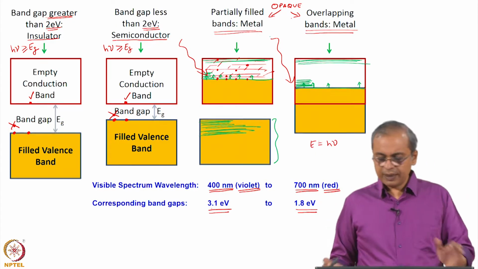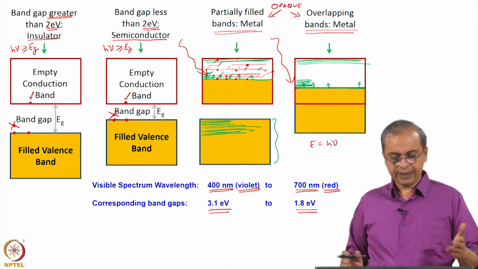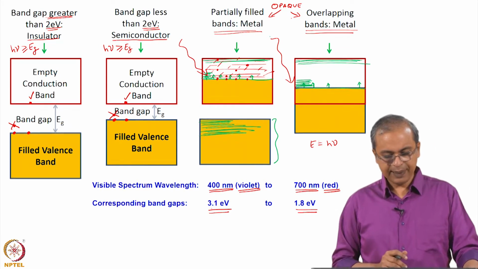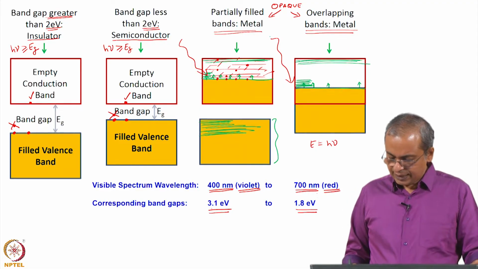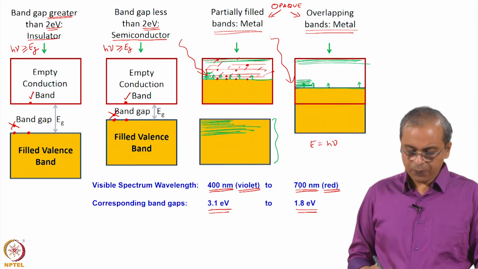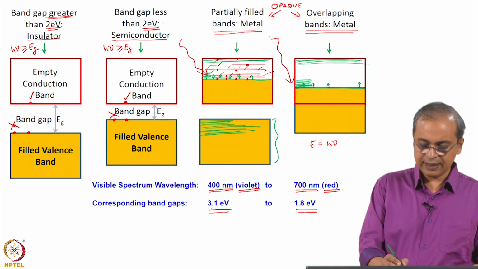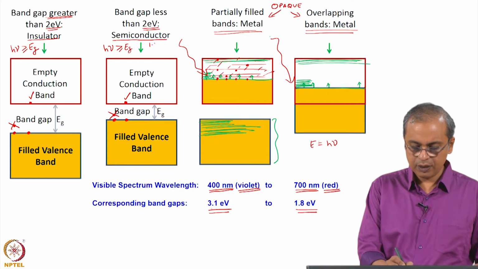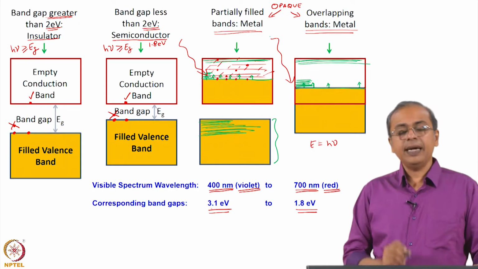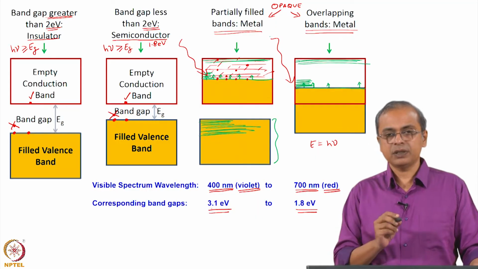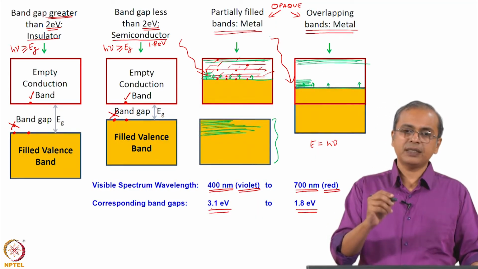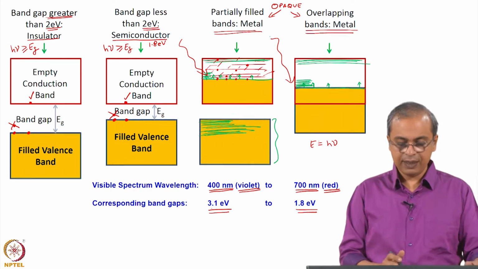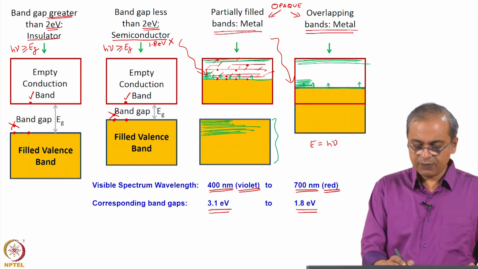Okay. So, now given that idea, if you look at semiconductors and insulators, let us assume that we have a semiconductor of about 2 electron volts band gap. A photon arriving at 1.8 electron volts, so if you take a 1.8 electron volt photon, it cannot interact with this material, because at 1.8 it does not have sufficient energy to get it past the 2 electron volt band gap. So, this will not interact, whereas once you cross 2